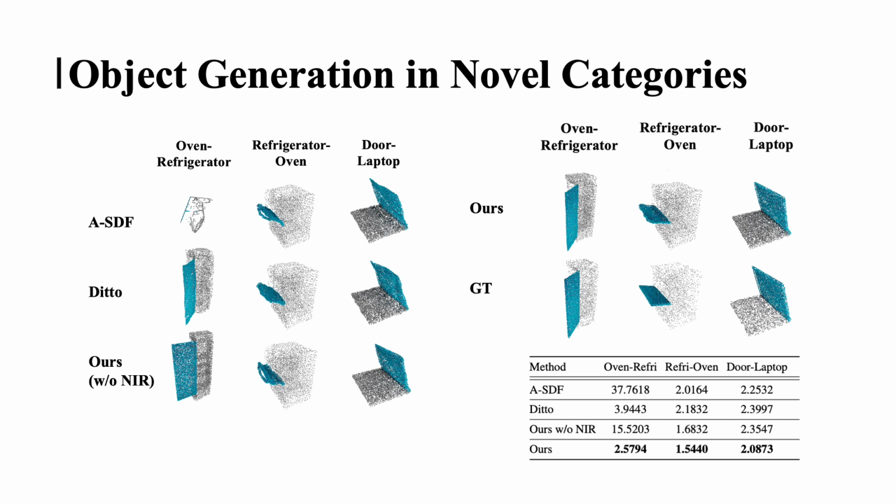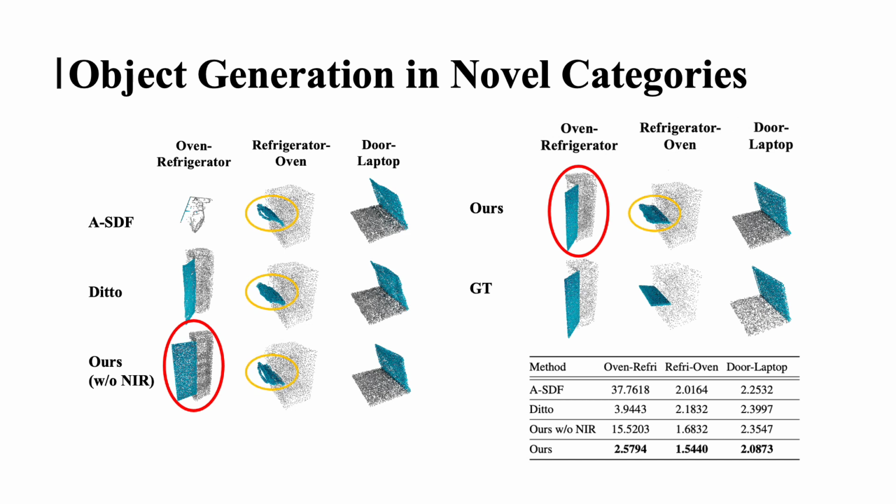For object generation in novel categories, we first train the model on one category and fine-tune it on another category using 1/20 of the time used for training. The visualization results show that other methods fail to generate point clouds under correct poses, or cannot formulate parts in